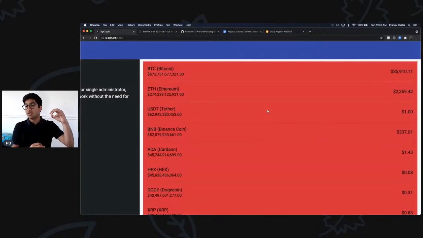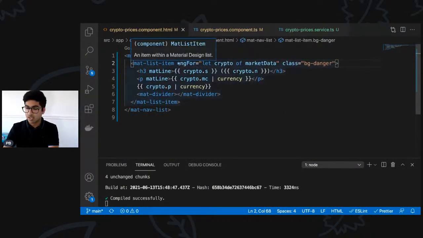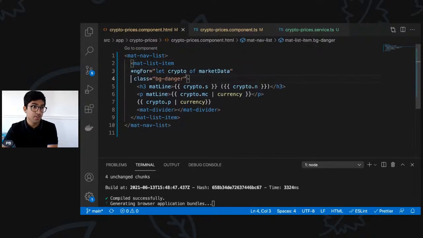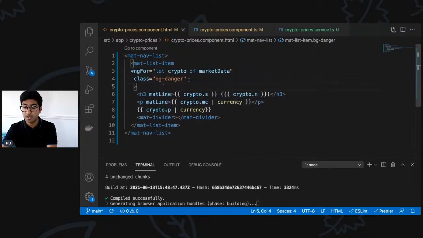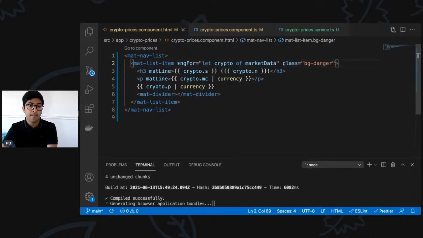I want it to be based on their value, if it's a profit or a loss. So for that, it should be pretty simple. I'll use conditional classes. So basically, if my percent change is greater than 0, which means it was a profit, I want to use green, otherwise I want to use red. So I'll